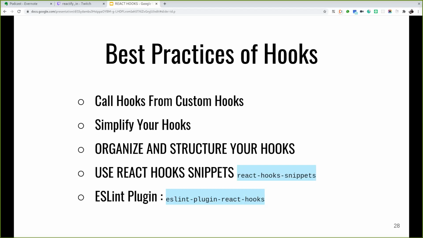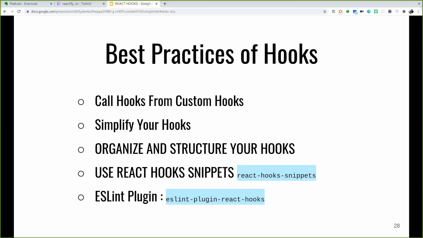Another thing that is really helpful is using React hook snippets in VS Code. React hook snippet is a Visual Studio Code extension to make it easier and faster to use React hooks. Currently it supports 5 hooks, I guess: the state hook, effect, context, callback, and memo hooks.